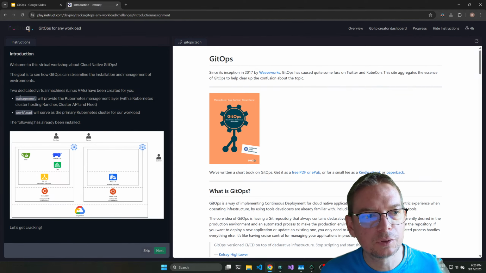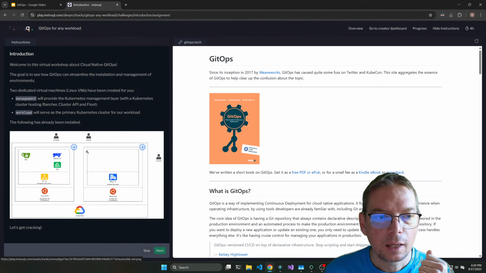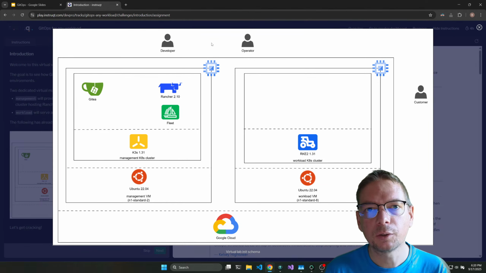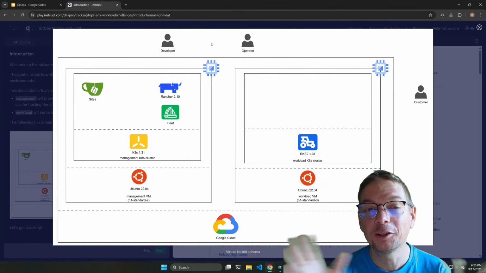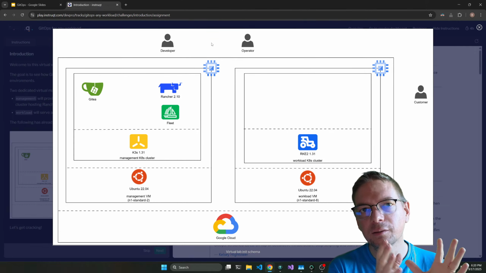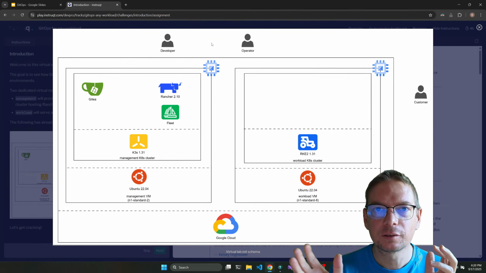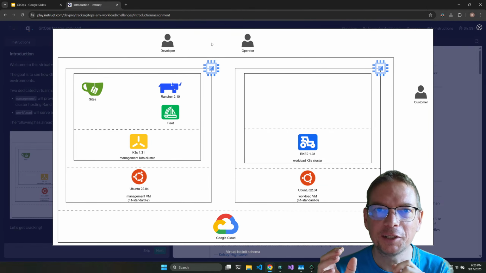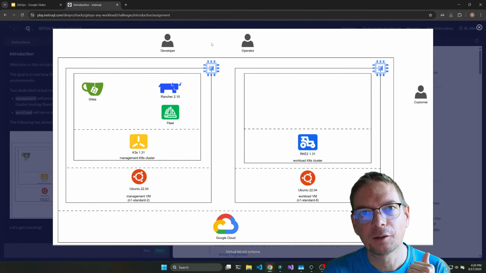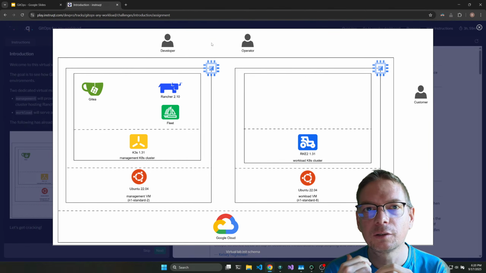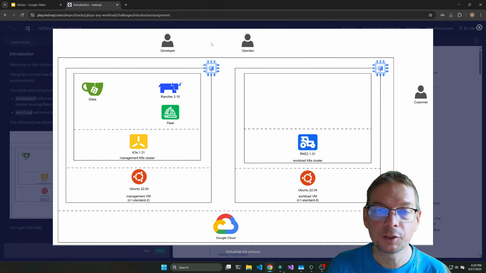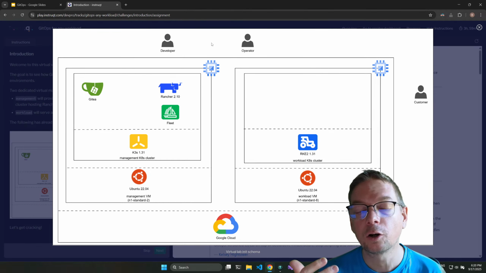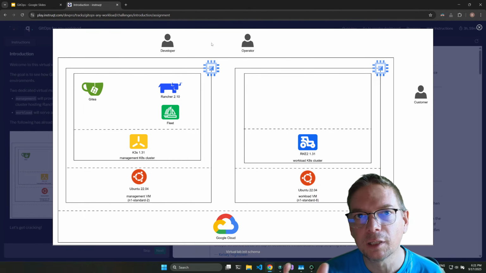Here, I just want to say, there are two VMs that are created, and it's by design. When you start working with Kubernetes clusters, you are not going to have only one. You will have a lot of them, and it's best to have at least one cluster to manage the others. It's kind of the Lord of the Rings: you've got one ring to rule them all. It's kind of a pattern. If you are going through the Kubernetes approach, you need a management cluster to manage the other ones, because you will need management applications to run it correctly. And if you are considering Cluster API or already using Cluster API, well, it's the same word: management.